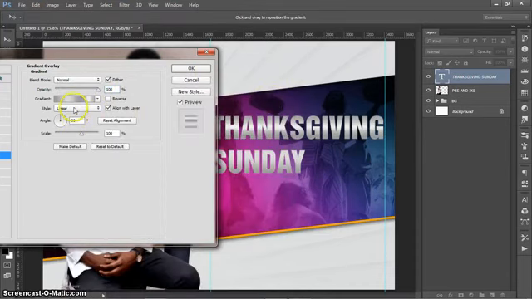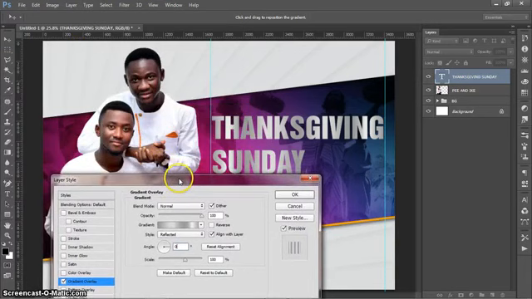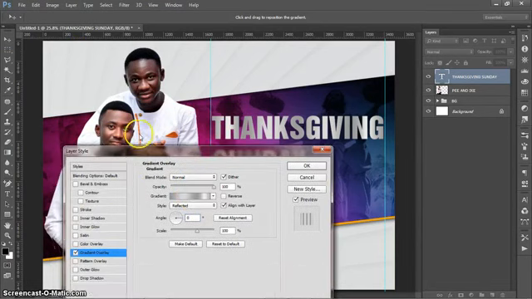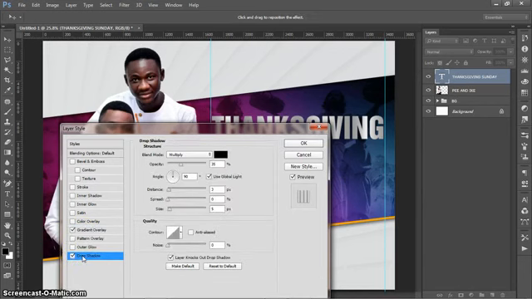So just set this to something like this. Okay, so let me bring it somewhere here. So this is our gradient that we are using. So the next thing I'm going to do is go to the drop shadow, and under the drop shadow I'll set it to, okay, the opacity will be